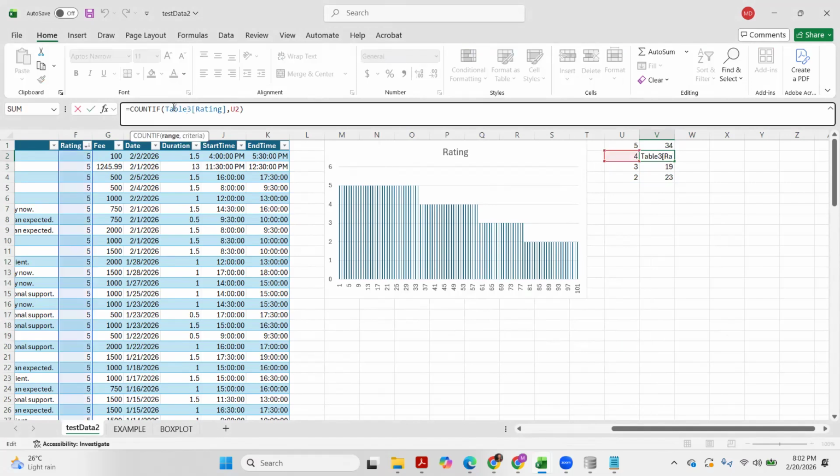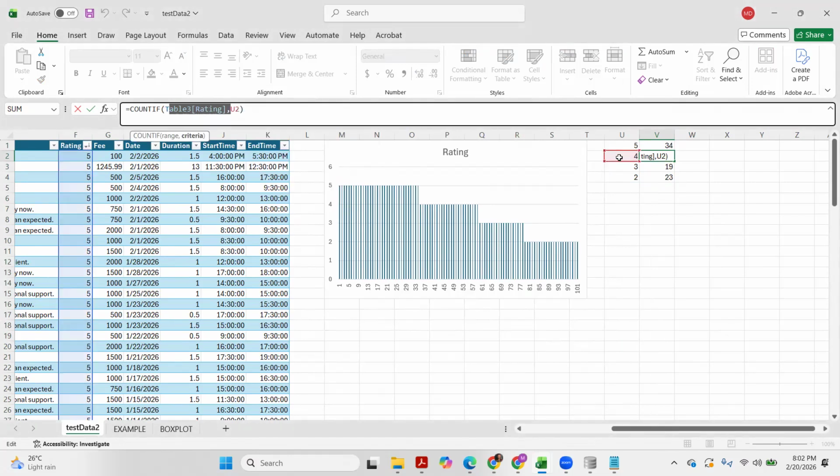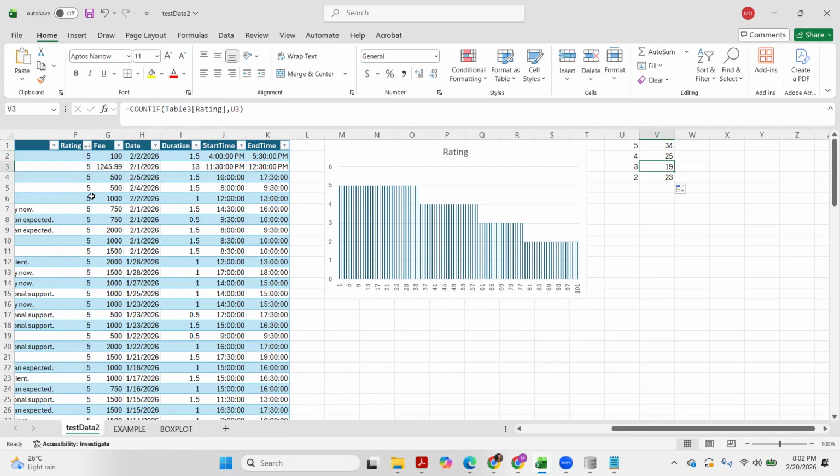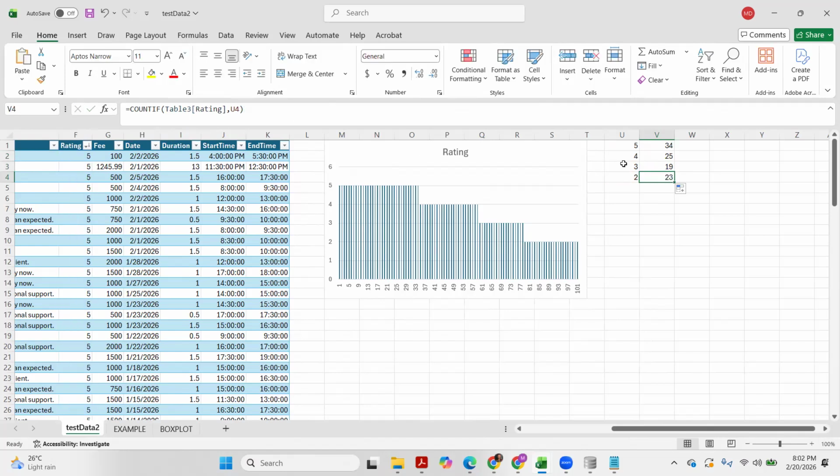Because it will just copy this formula, and this time it's 4. So we're counting the fours here, and then next we're counting all the threes, and last one we're counting all the twos. To double check if this is correct, you can highlight these numbers and then click the sigma symbol or the auto sum. As you can see, it's 101.